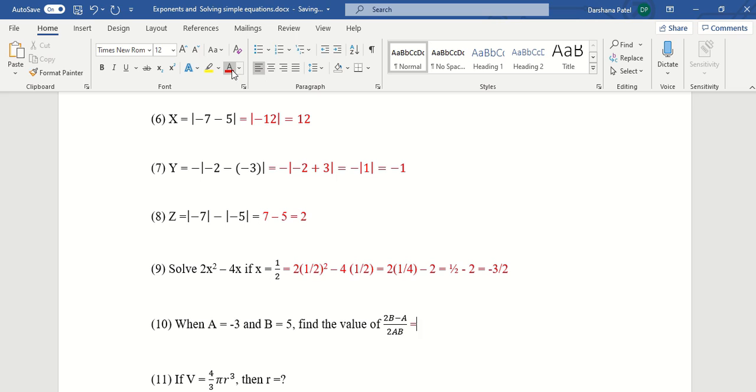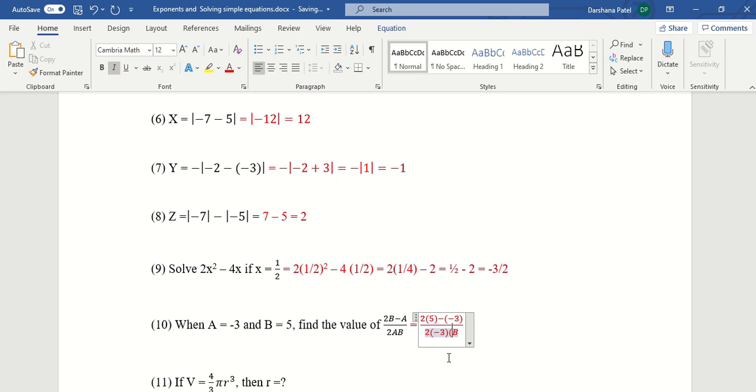For the next one here then, we are told a is negative 3, b is 5, and we are asked to find value of this. So what we'll do here is, wherever we see a, we will put negative 3, wherever we see b, we will put 5 there. So we have 2 times 5, subtract negative 3. So instead of a, we'll say negative 3, divide by 2 times a, which is 2 times negative 3, times